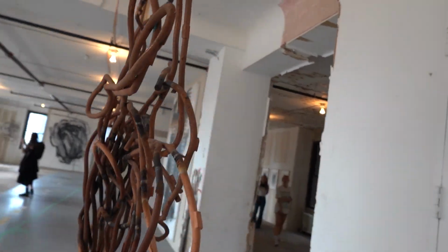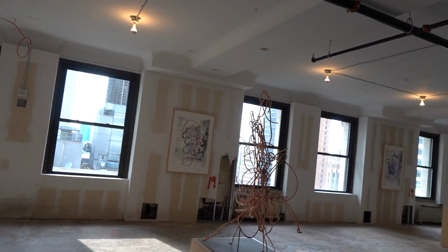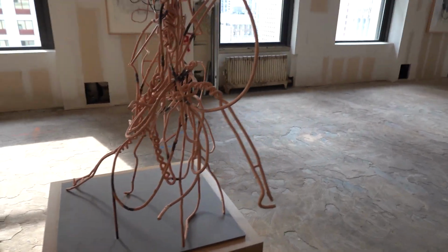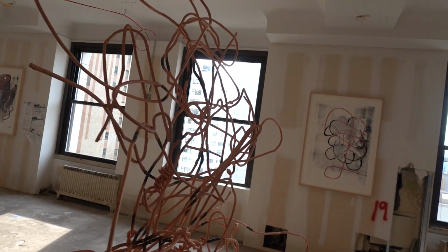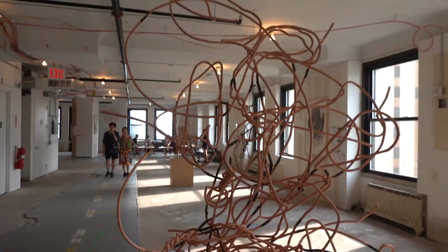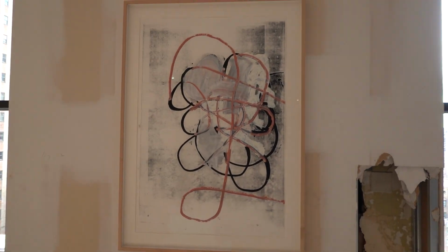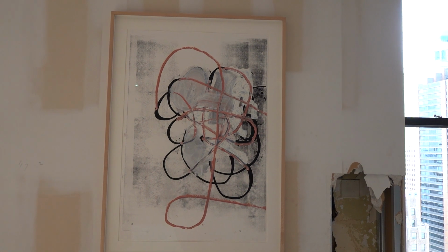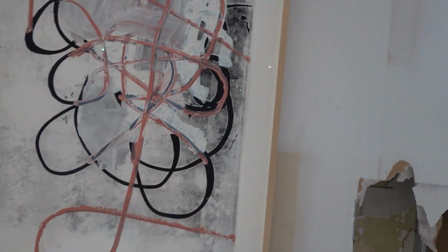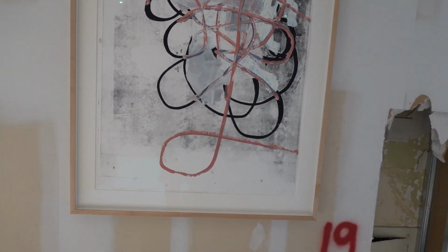Anyway, the fact that Christopher's decided to take over this entire floor and present a self-curated exhibition of his work is, I think, brilliant, interesting. Also, I've been involved in a couple of shows at similar kinds of spaces over the years, and every now and then you've got some developer that comes in and starts redoing a building, and they'll end up having some space that's open for a few months that they'll let somebody curate a show in. This is Untitled,